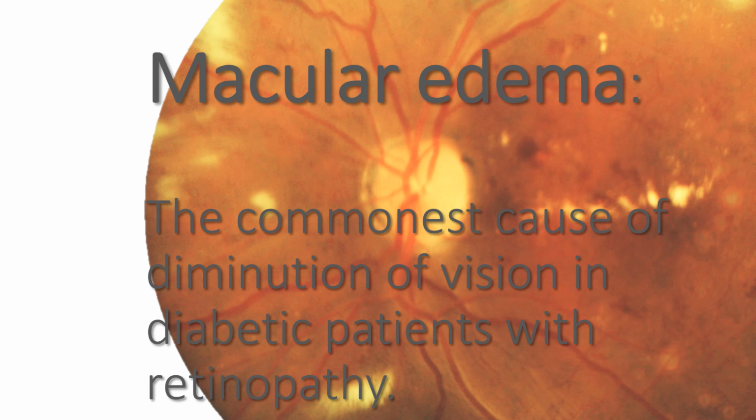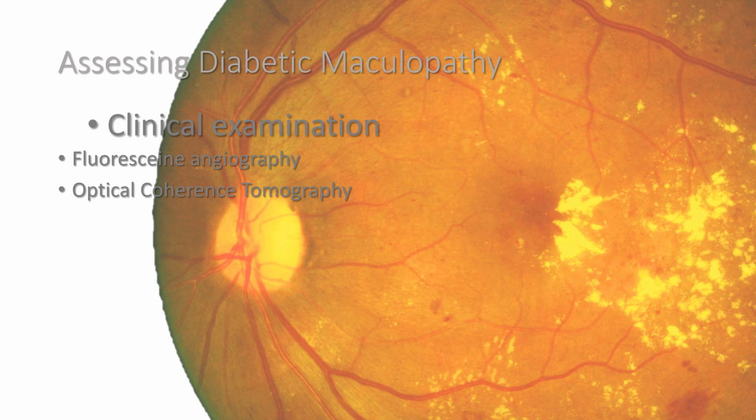Now, macular edema is the commonest cause of diminution of vision in diabetic patients who have diabetic retinopathy. Assessing diabetic maculopathy or diabetic macular edema requires clinical examination, which is the most straightforward method. On fundus evaluation, one can appreciate thickening of retina at the fovea or around that area, presence of hard exudates, and one can easily appreciate absence of foveal reflex in these retina which get thick, and the foveal reflex is obliterated. Another method is